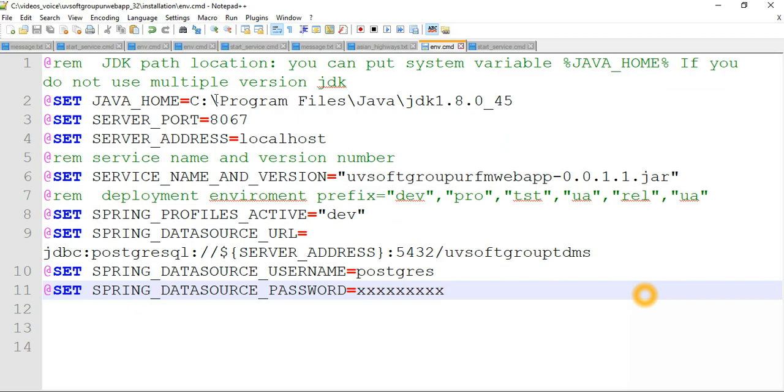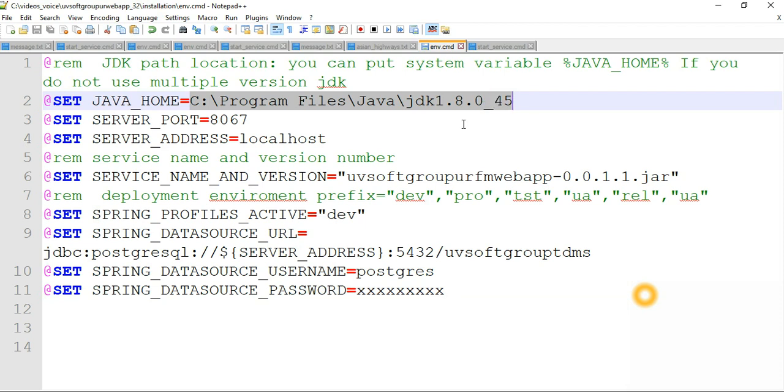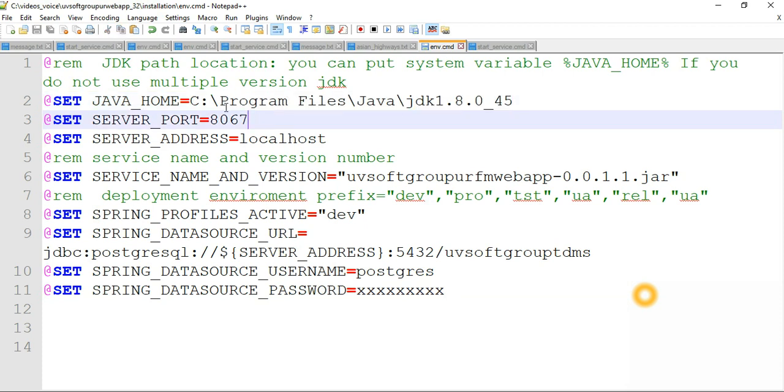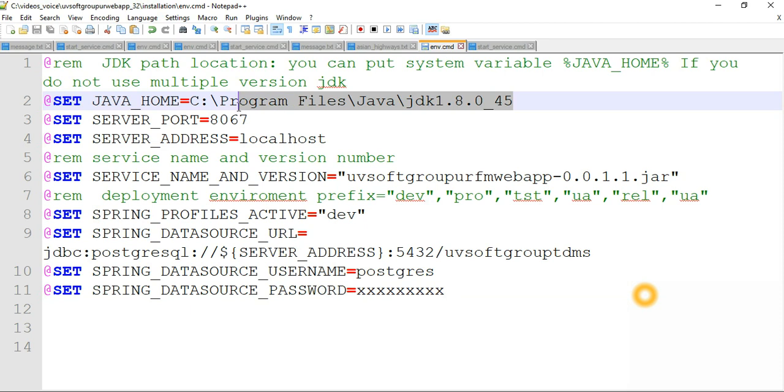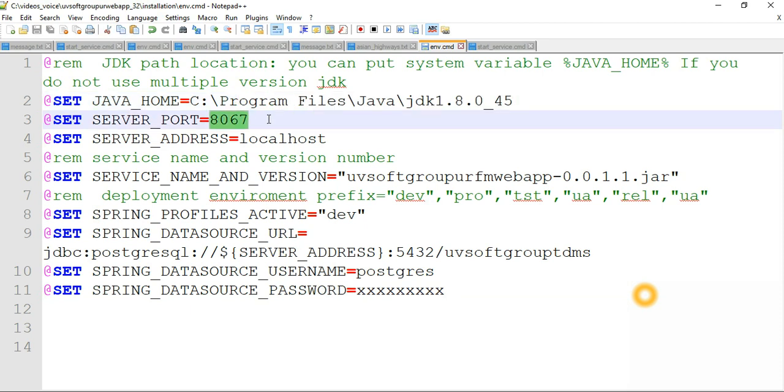You see where your jar is located is absolutely dynamic. We are not sure where Java is located, so we cross-check where the Java environment variable is located. I put it in a C directory, and Java 8 is located in the environment variables. And this is the port. This is dynamic, depending on which port is free on the machine where you try to install the application. Depending on which port is free, the person responsible for the installation has to change this port number. Maybe this port is used by another application. It depends on your decisions. So if you use the port